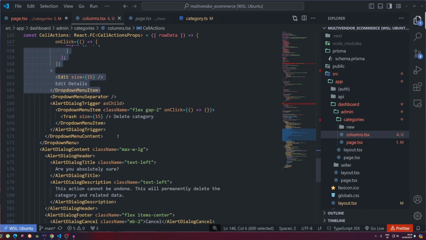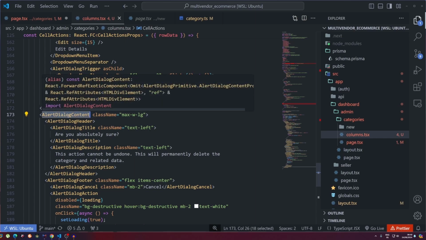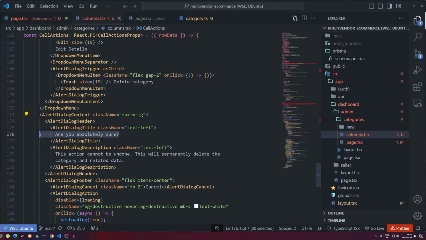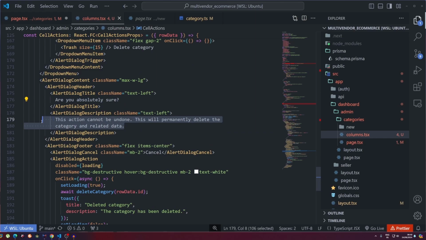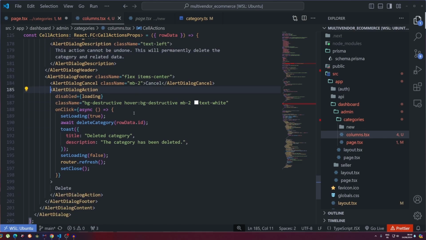And then after that, we have another drop down menu item, which is delete category. The delete category is going to be clicked. When we click, it's going to trigger this dialog content right here, and it's going to say, are you absolutely sure? This action cannot be undone, this will permanently delete the category, etc. And then after that, it will show you this alert dialog action,